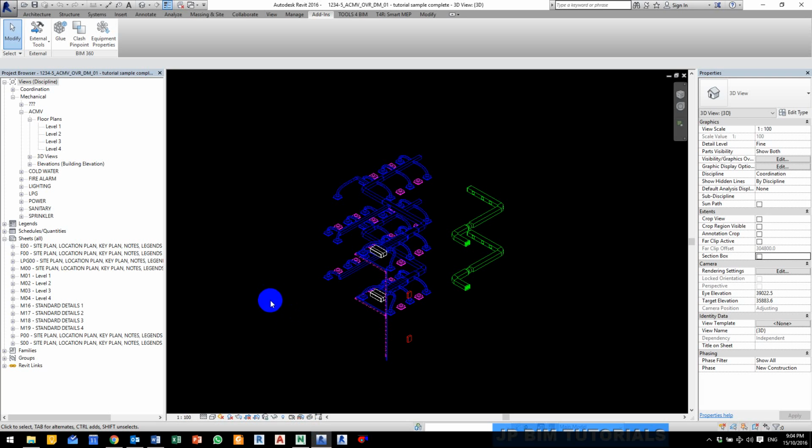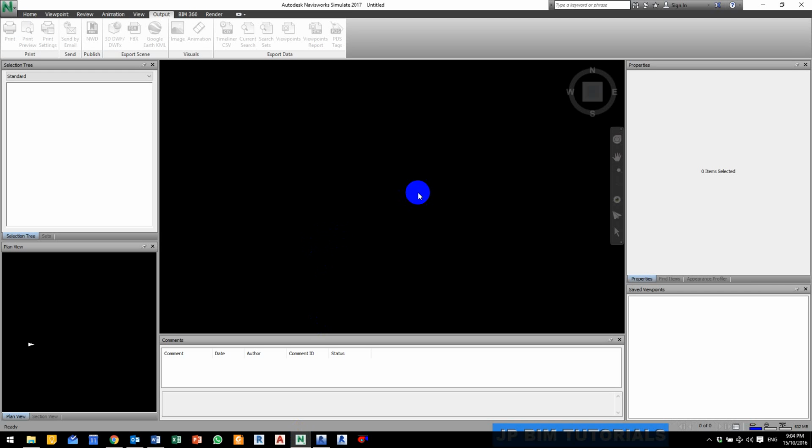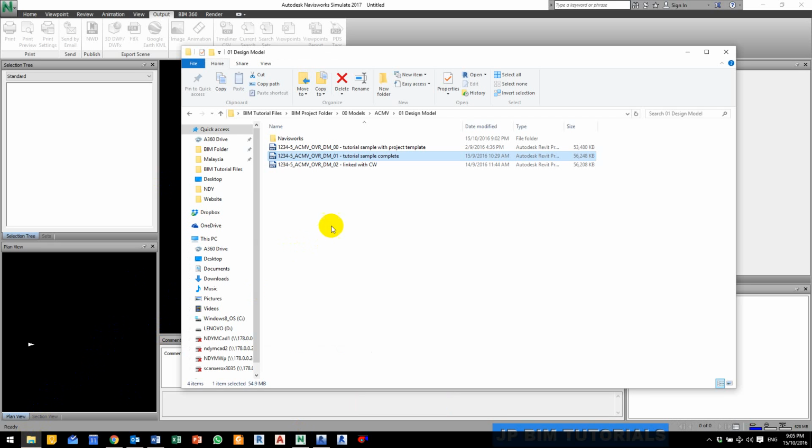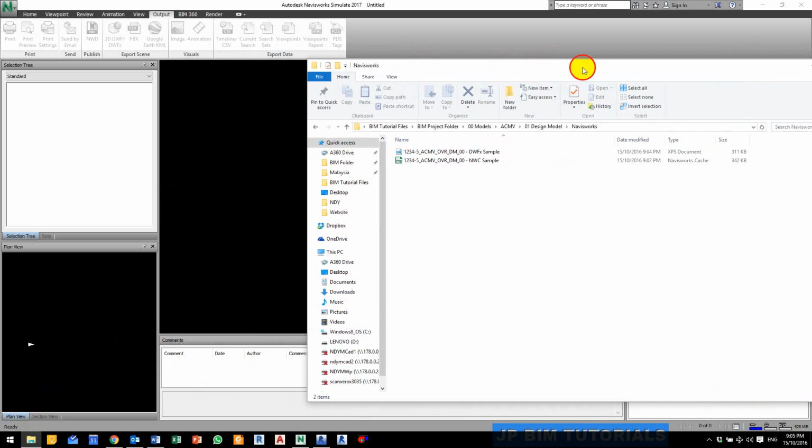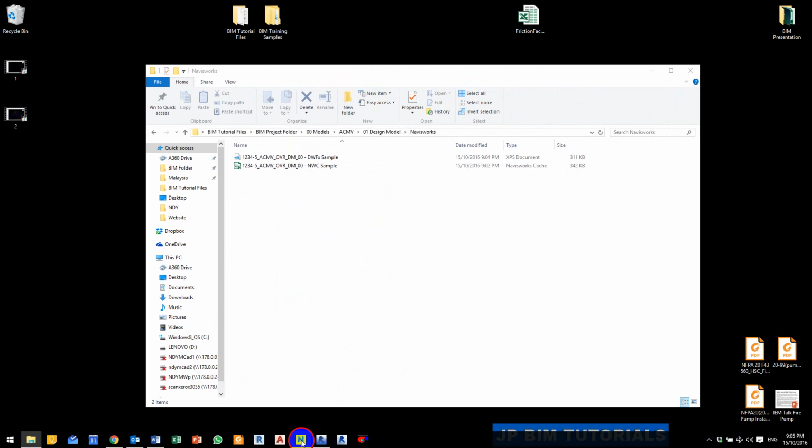So now open Navisworks, and we're going to see the difference between the two methods of converting it to Navisworks, and see how it looks differently. So browse to that folder. So the first one I'm going to pull in is the